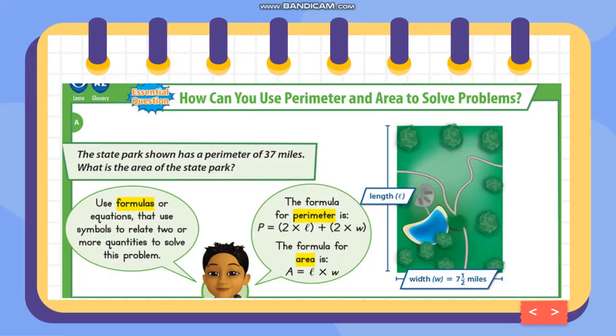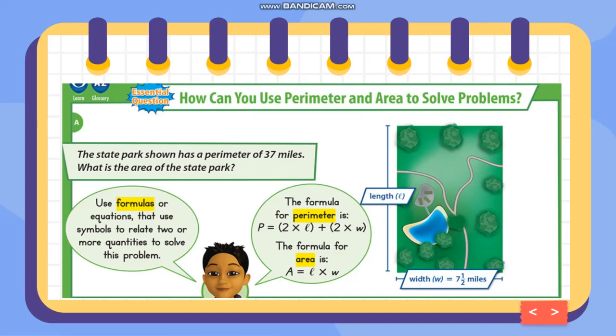So how can you use perimeter and area to solve problems? The state park shown has a perimeter of 37 miles. What is the area of the state park? We're going to use formulas, equations that use symbols to relate two or more quantities, to solve this problem. The formula we're going to use to find the perimeter is 2 multiplied by length plus